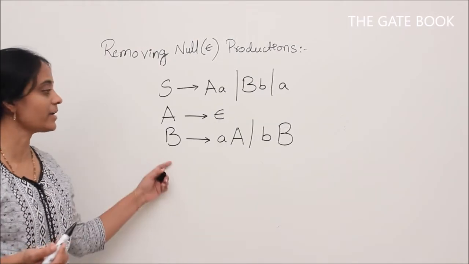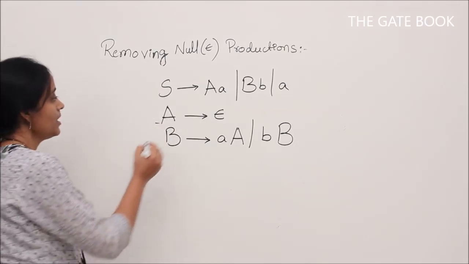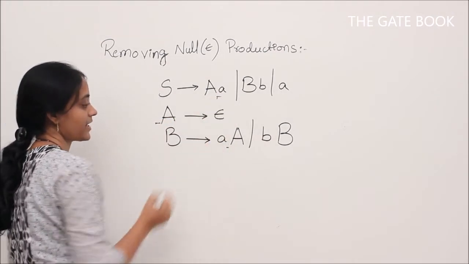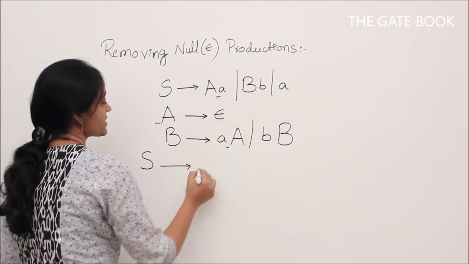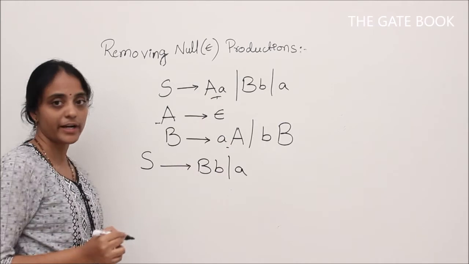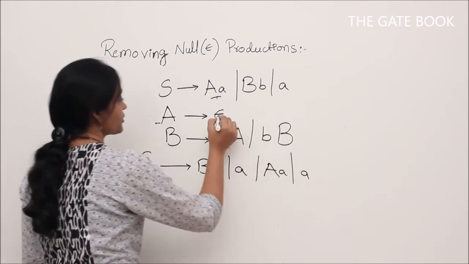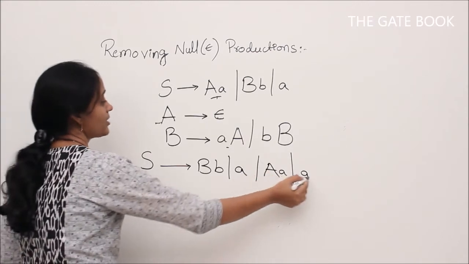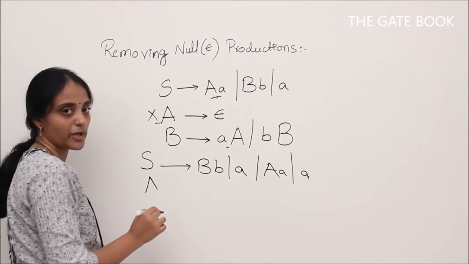Now let's see how to remove epsilon productions from this grammar. So it has one epsilon production. Now we'll see how to remove. So which are the productions that have A on the right hand side? This is one, right? Now we should rewrite production rules for both of them. S derives, I will not change anything for these two productions, but now for AA what should I do? I should include AA and just A, because I want to remove this production, so I should just substitute epsilon in place of A. So now I got this production set, and now I have removed this A derives epsilon, so there will not be any production for A.